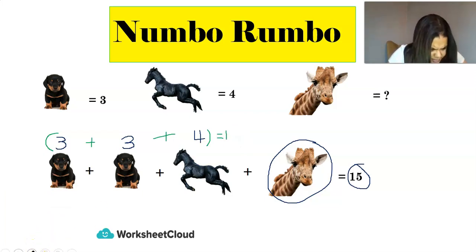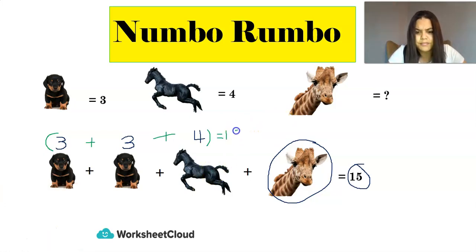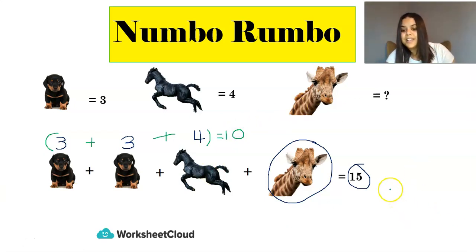And then I can go back to drawing my 0 again. Right, okay, so that's equal to 10. Now I must take this number over here and subtract 10 from it so that I can get this answer over here. Remember, we are looking for the giraffe's number. So I'm going to say 15 minus 10